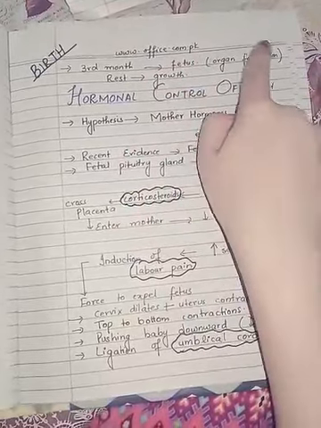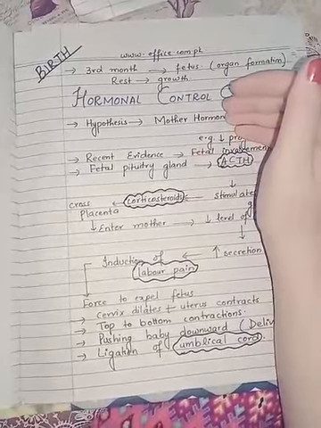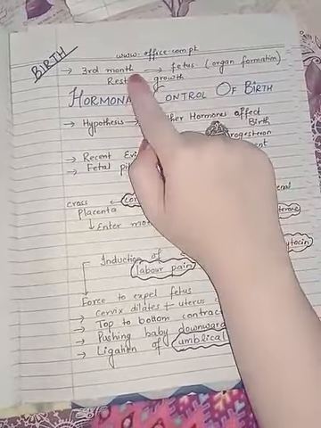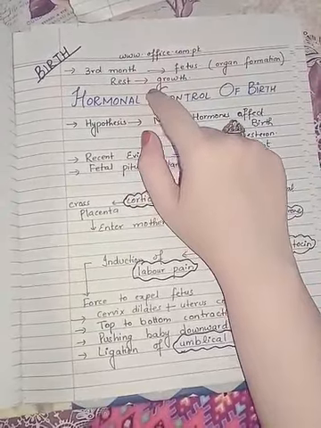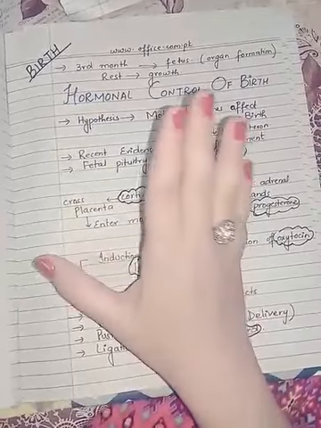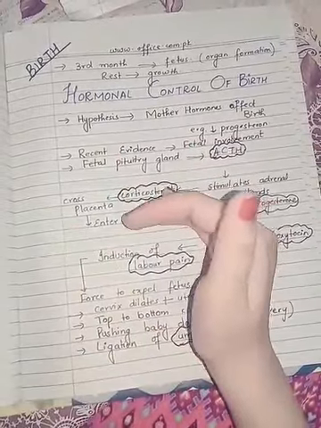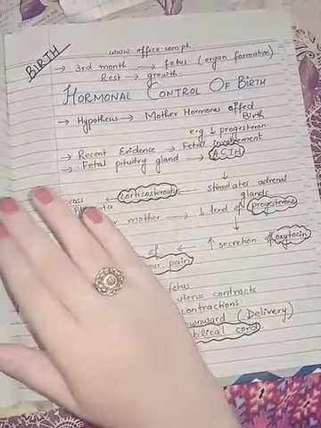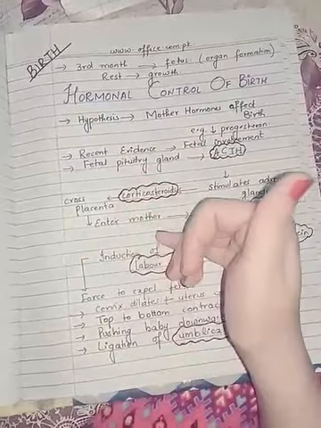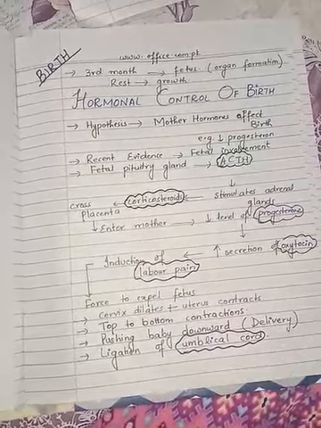Up till the 12th week, the organ formation is completed. All the organs are formed by the 12th week of pregnancy, and the rest of the time is taken up by growth. Means the whole organism's formation is completed up till the 12th week of pregnancy or the 3rd month, and then after that the rest of the 6 months are taken up to grow or to increase the size of the body, to reach the optimal size that is suitable for a baby.